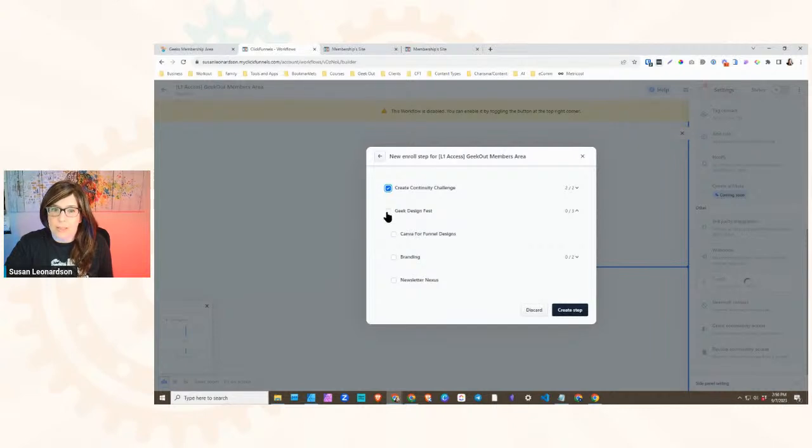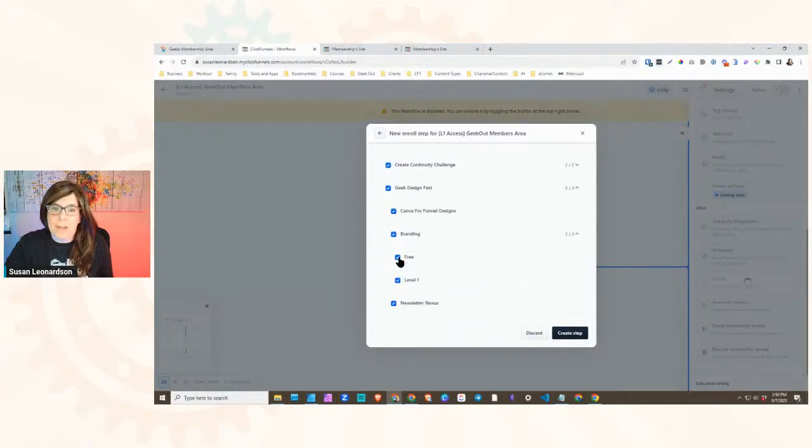So let's say they get everything now. That's going to include level 1. But I don't want to give them access to the free because we're moving from free to level 1. So I want them to only have access to level 1,